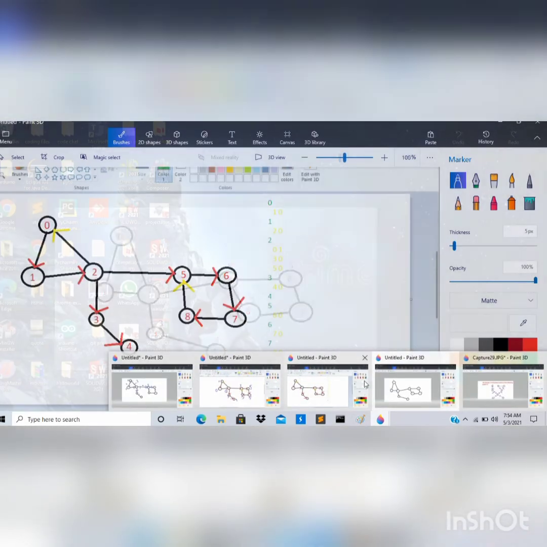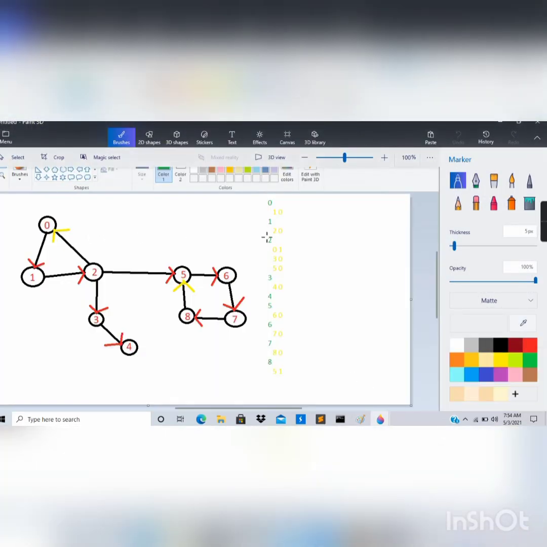Now once we have found out the low link values, I'll see which edges have been added. As I said, from node 0 it could go to node 1, and it was a direct edge, so I had passed 0 along with it to know whether it's a direct edge or not. From node 1 it could go to node 2 and it was a direct edge. For node 2 it could go to node 0, but here I have passed 1 because it was a back edge, so we could track whether it was a back edge or not. From node 2 it could go to node 3 and it was a direct edge, so I have passed 0. Similarly for all.